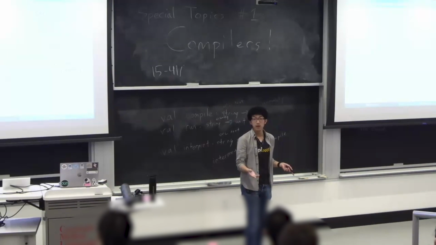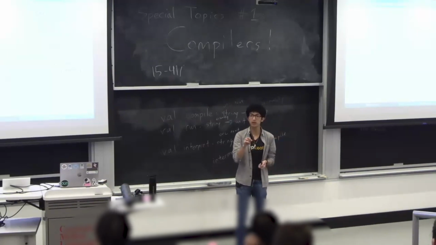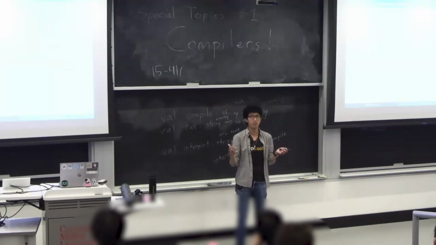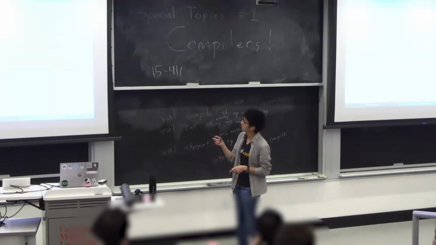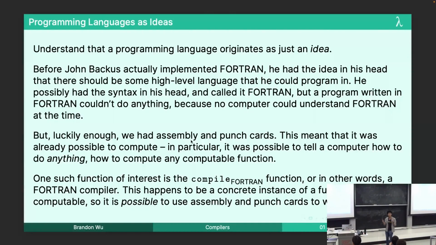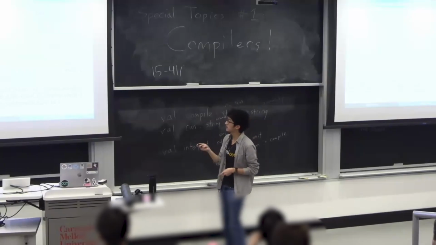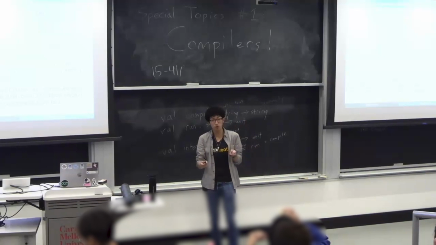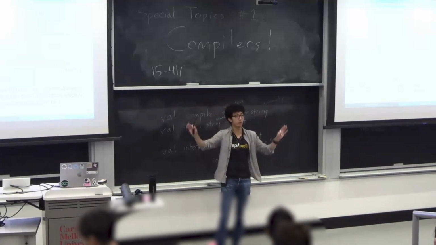But we had assembly, and it turns out that with assembly we can write any function at all. Which means that, well, isn't one function this one? This is one such function. So if I have assembly, I can write compile_Fortran in assembly. Now I have a Fortran compiler. I have something that can understand Fortran. Now Fortran is real. But using this, I can now use my Fortran compiler to write anything in Fortran,